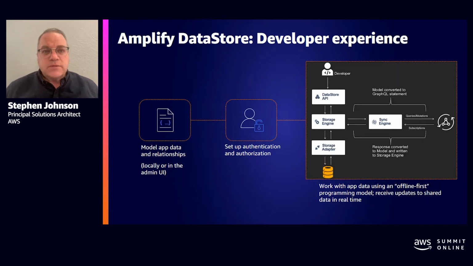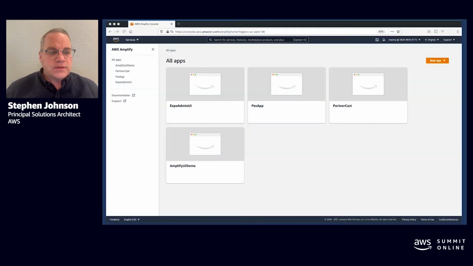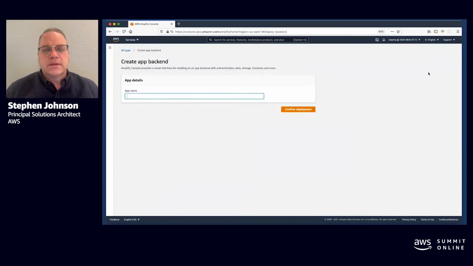So with that said, let's talk about the Amplify console. What you're seeing here is the Amplify console with all of the applications that are currently in my account. We're going to build a new one, starting with a back end. So we'll click on back end and we'll name it AWS Summit Mobile.